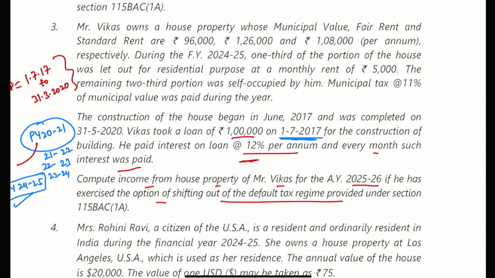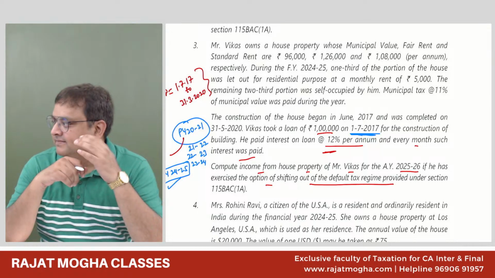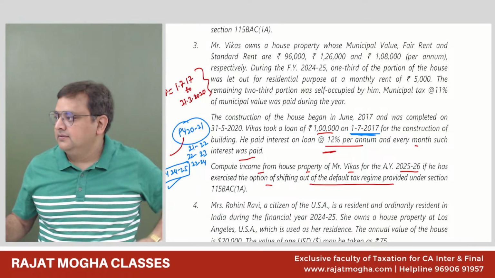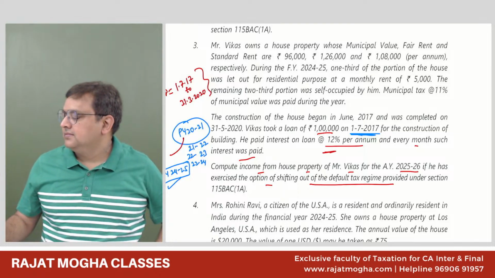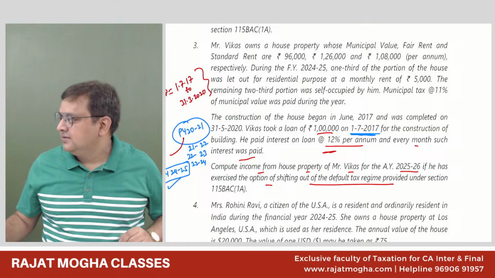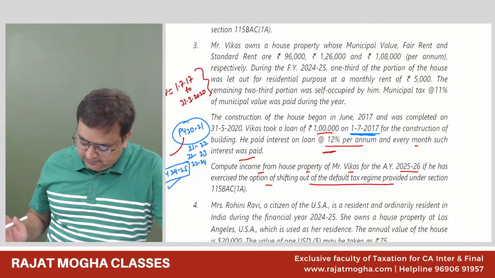Likhit, 20,936. Okay, it's the final total answer of both the properties, 1/3 and 2/3. Okay. Now, see,